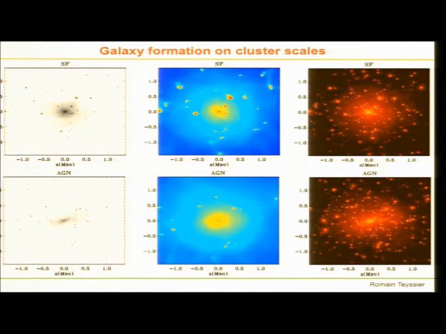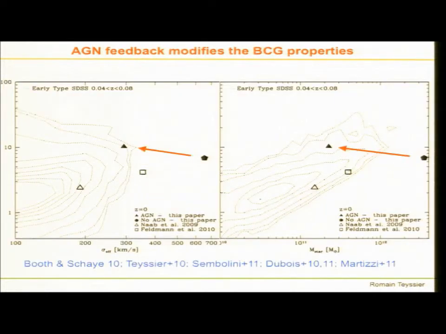The gas is also much less clumpy. You have more gas in an extended halo. And also the dark matter halo has been modified. You have a much rounder halo here, and here it's more like a dark matter only simulation with an oblate halo. So you change the dark matter, and you can modify the central galaxy properties drastically